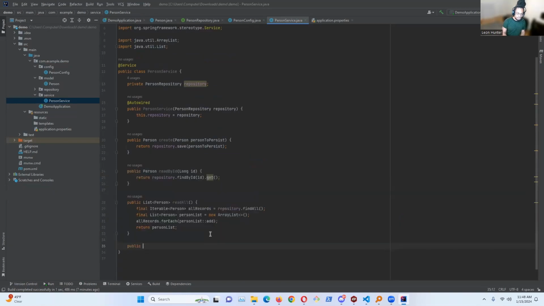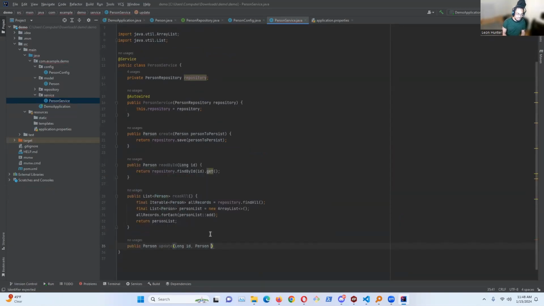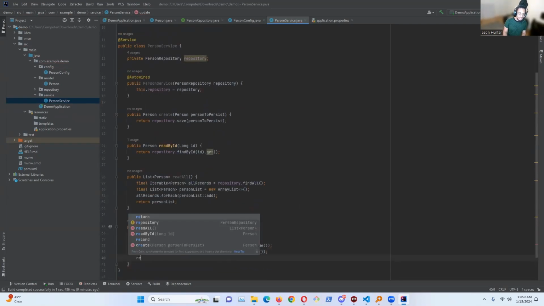The PersonService should have a public Person update(long id, Person newPersonData) method, which is responsible for updating a person with a specific ID with some new data. We'll begin by fetching the person in the database by saying this.readById(id). We'll then set each of the fields for that person in the database to each of the respective fields from the new person data. After setting each of the fields, we can then say return repository.save(personInDatabase);